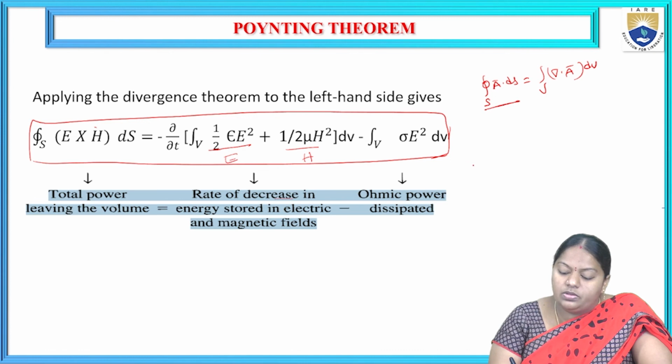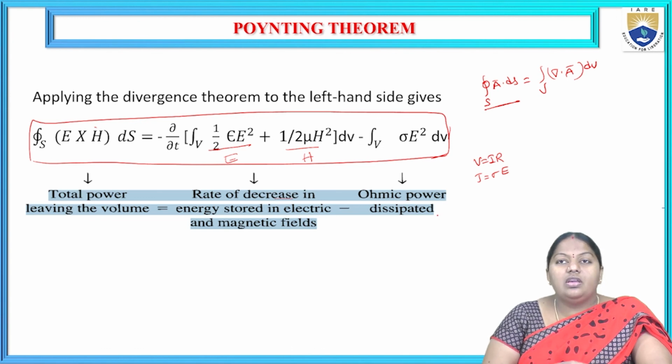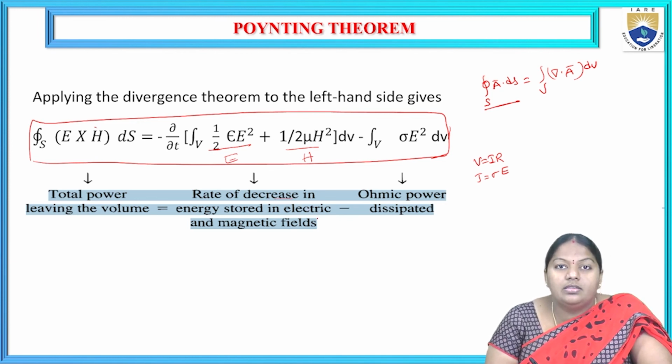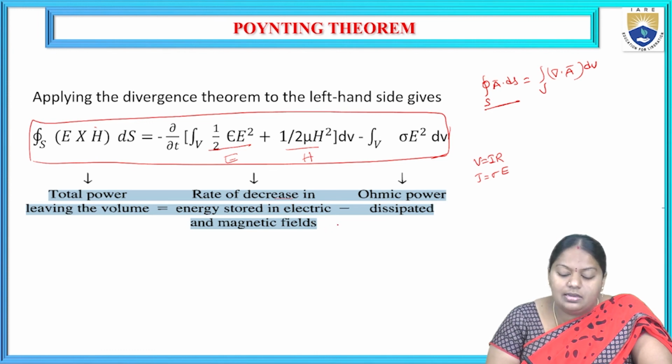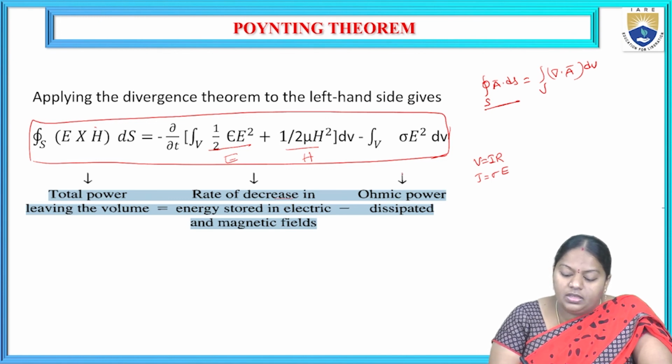So ohmic power, as we know according to Ohm's law V equal to IR, this ohmic power dissipated in field theory is given by J equal to sigma E, right? So this is the statement which is given for the Poynting theorem. It states that the total power leaving the volume is the same as the rate of decrease in energy stored in the electric and magnetic fields minus ohmic power dissipated. And mathematically we can express that as